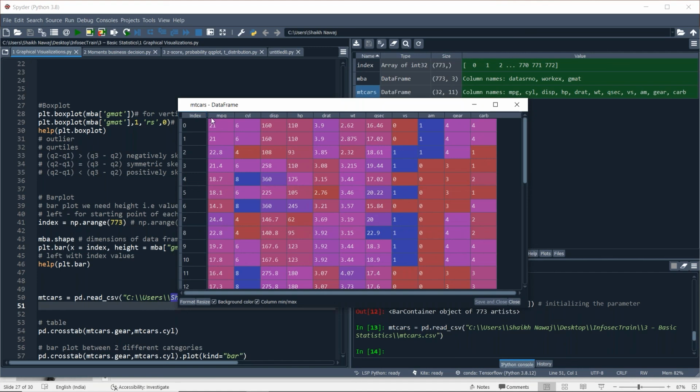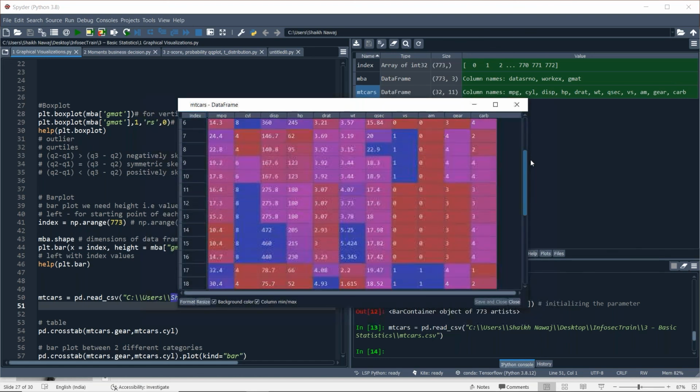First is mileage per gallon, then cyl, then horsepower, drat, weight, qsec, and like that we have so many parameters or features in our data set.